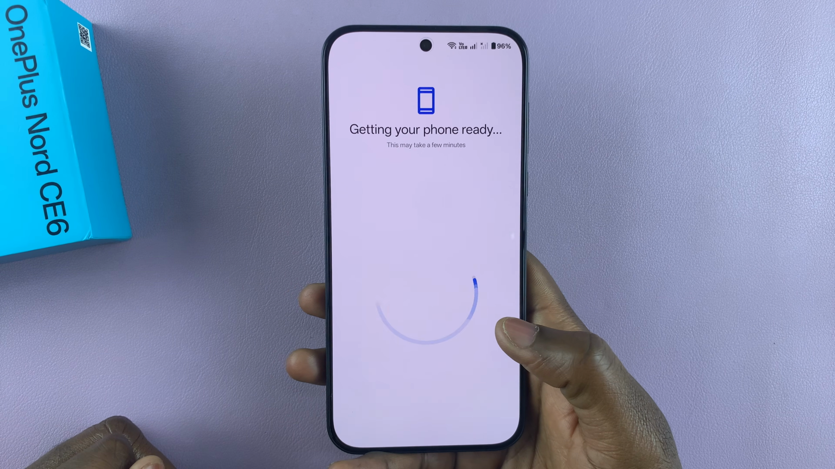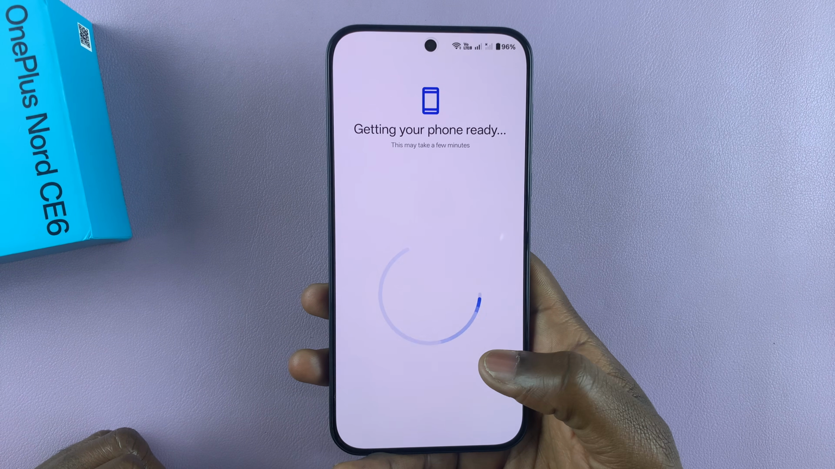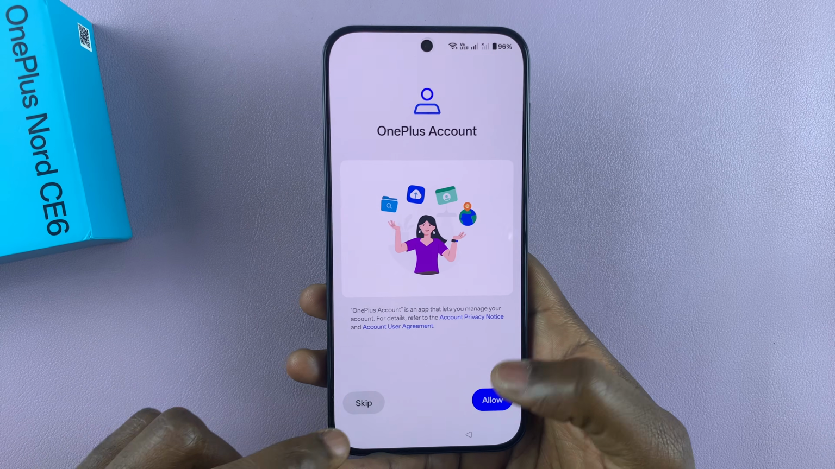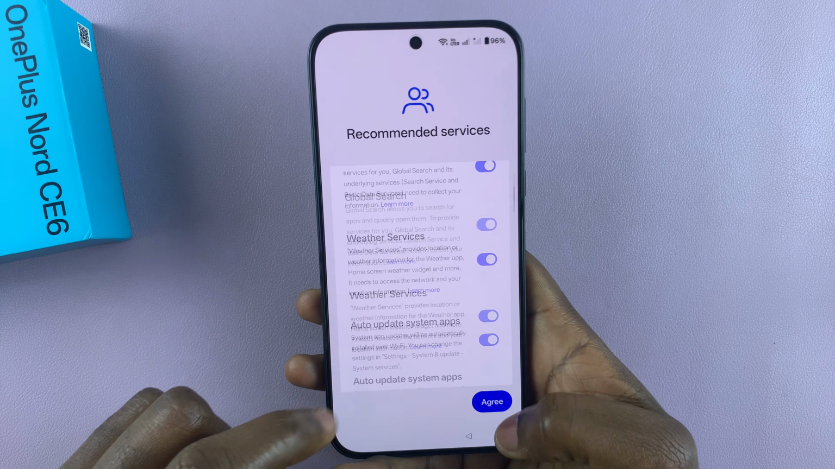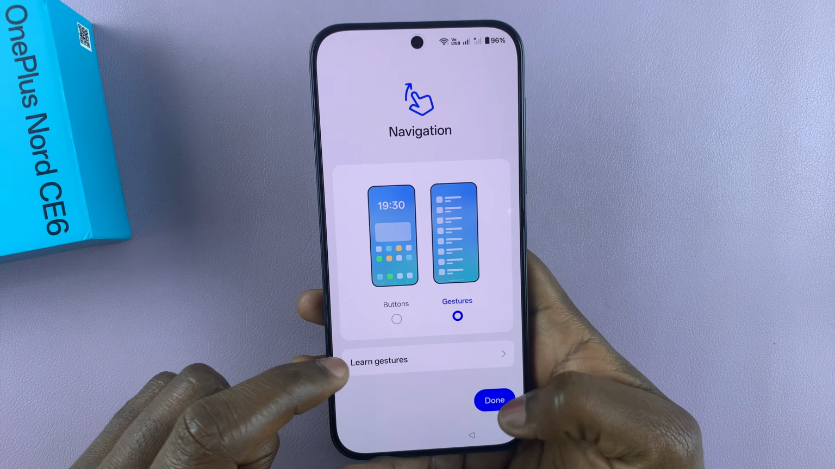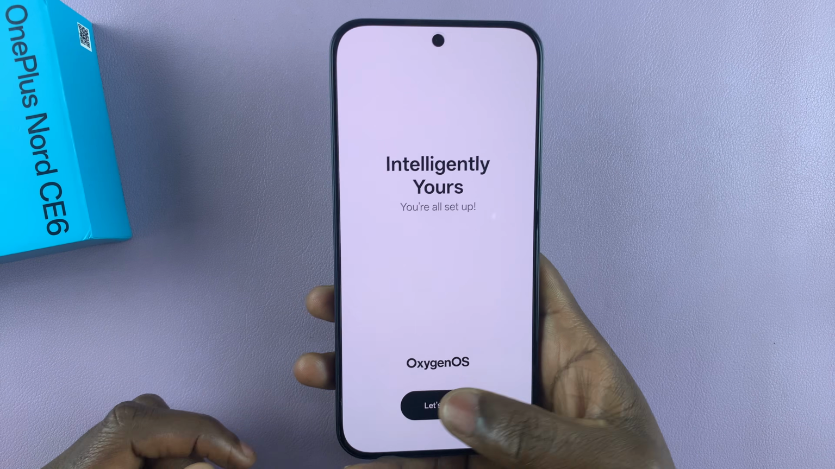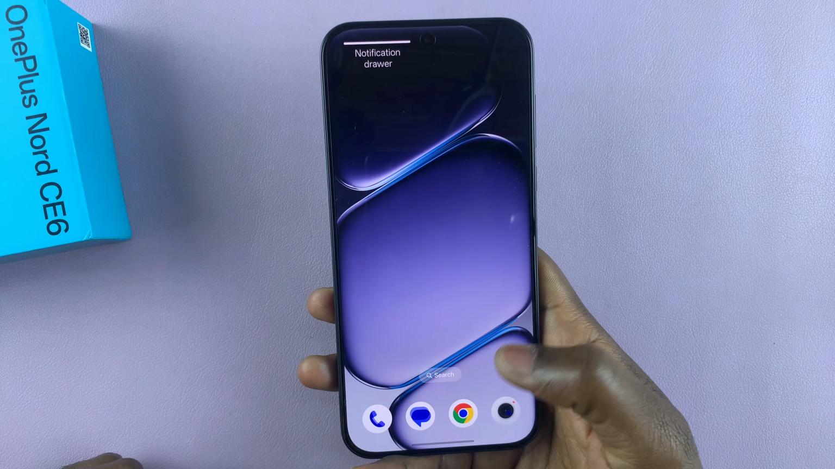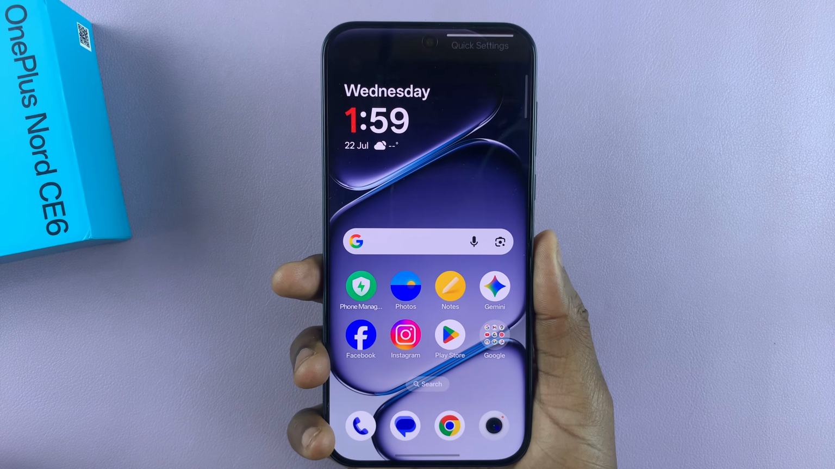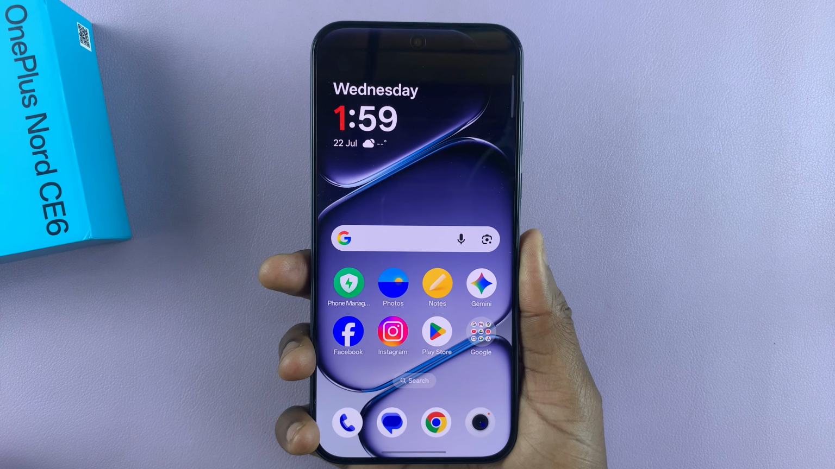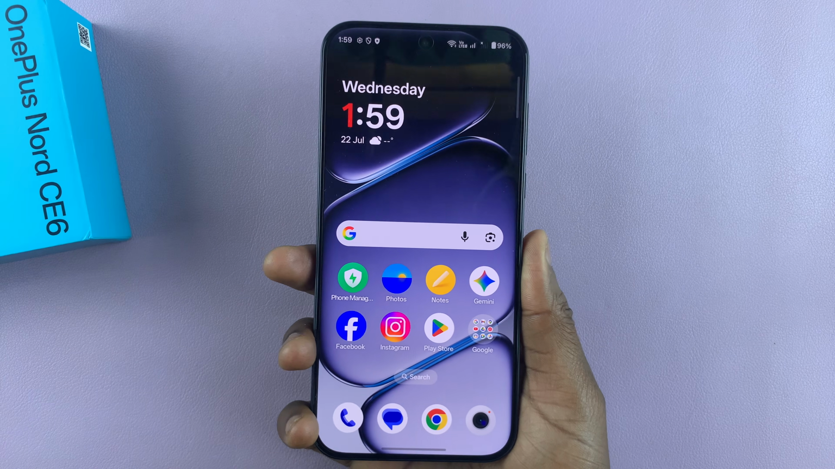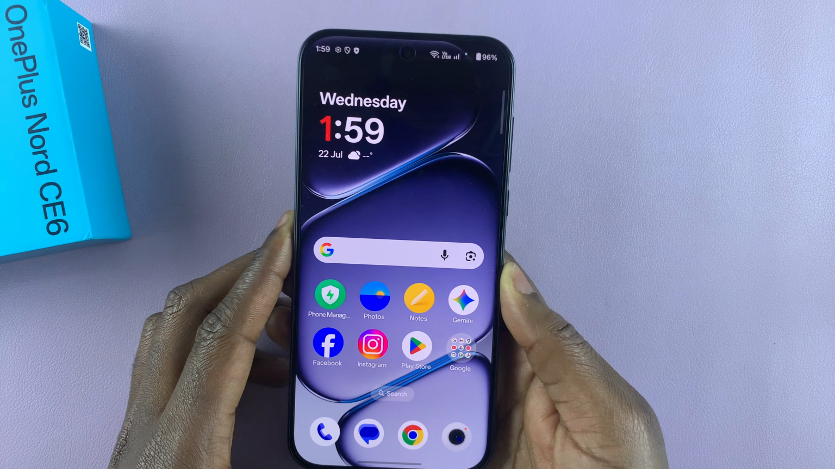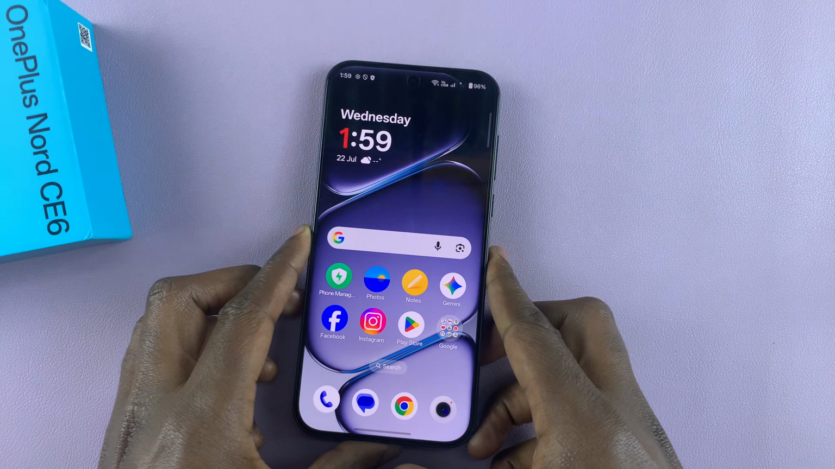So go on setting up your phone as usual. And as you'll see at the end, we will have bypassed all these lock screen pin, password or pattern that you had forgotten, just like that. And as you can see, you're back into your phone, and that's basically how to bypass or how to fix a forgotten lock screen pin, password or pattern on your OnePlus Nord CE6 or